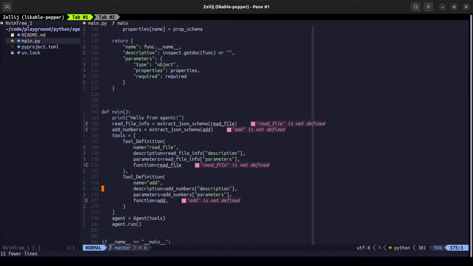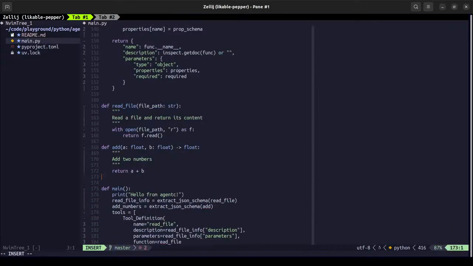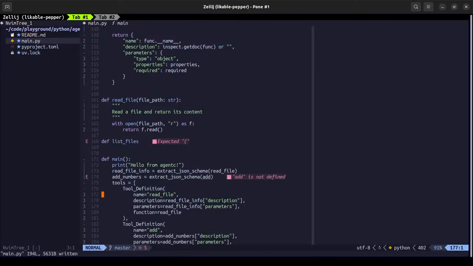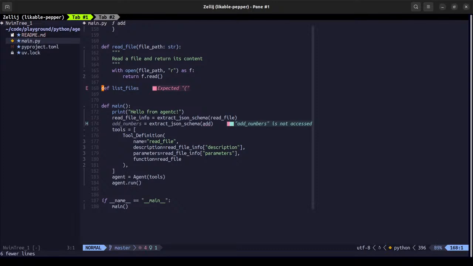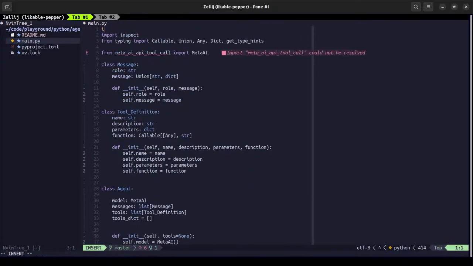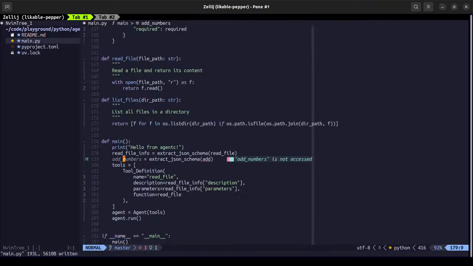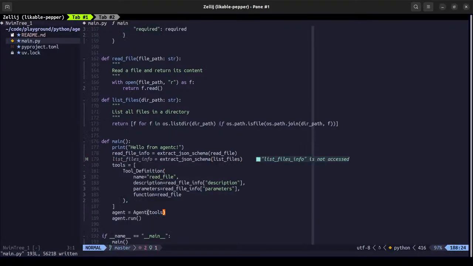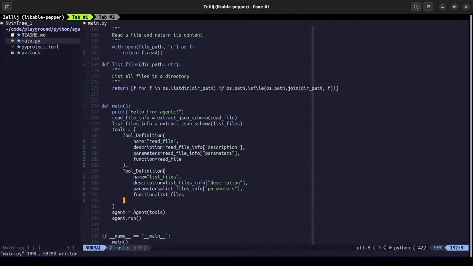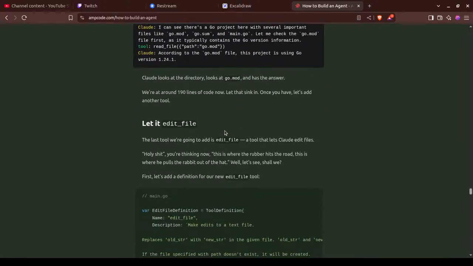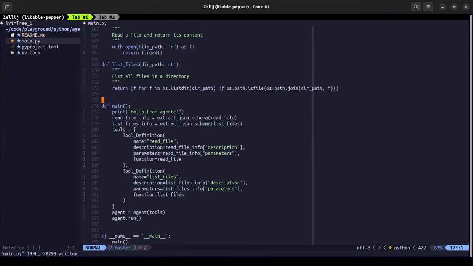Here, that jargon, files, okay, as well. While we are here,